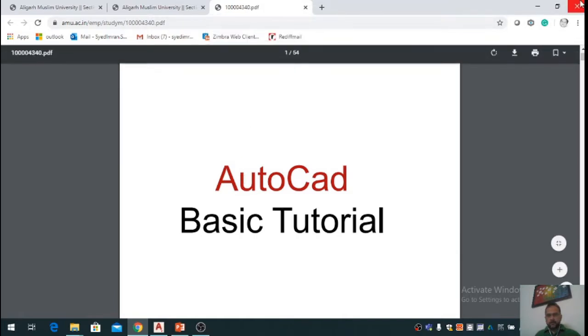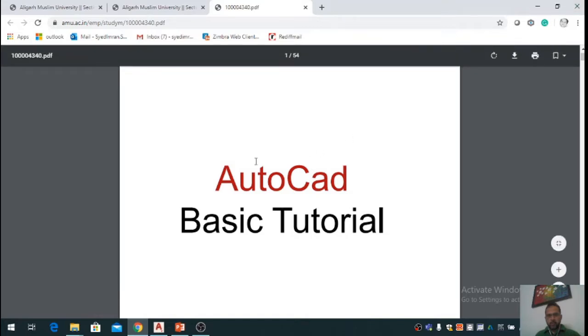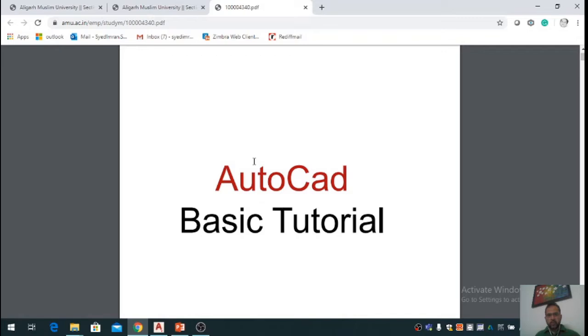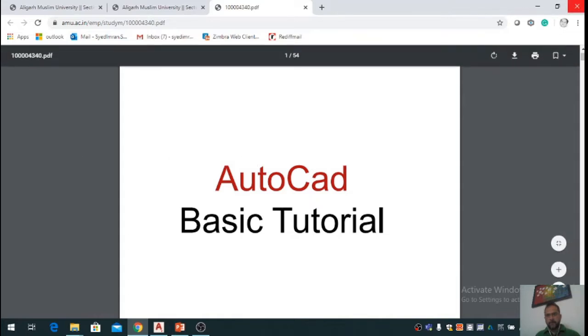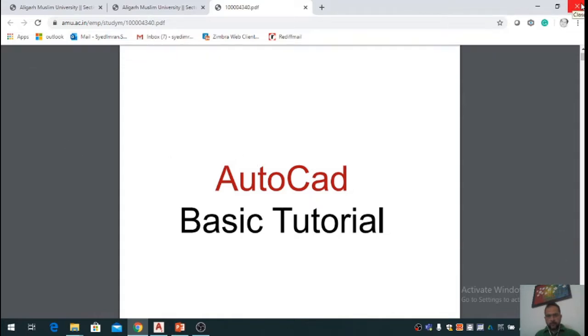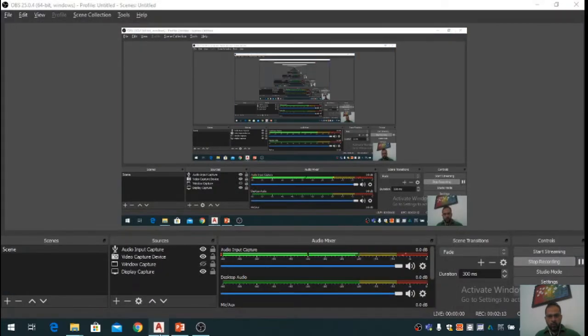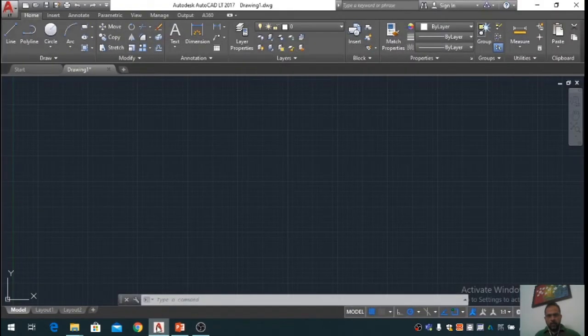So you go through this document and study it. Those who have the facility of a laptop or desktop can practice the figures, and those who don't have one can at least have the theoretical knowledge of the software. So now, after talking about the study material, let's go to AutoCAD.